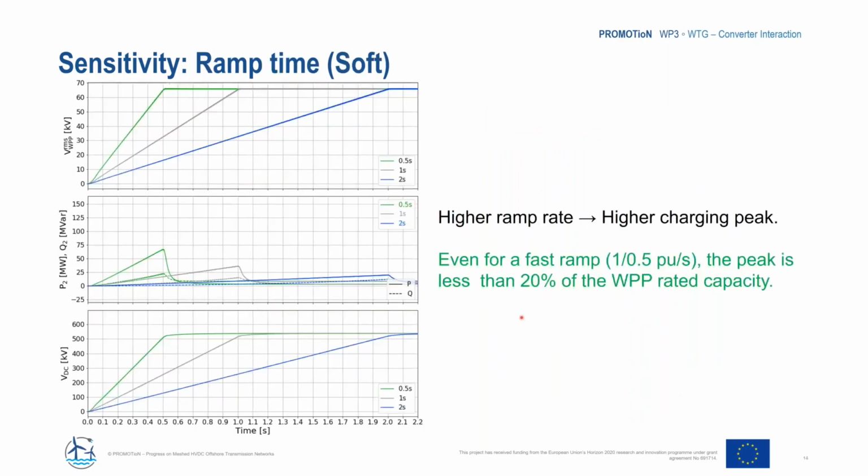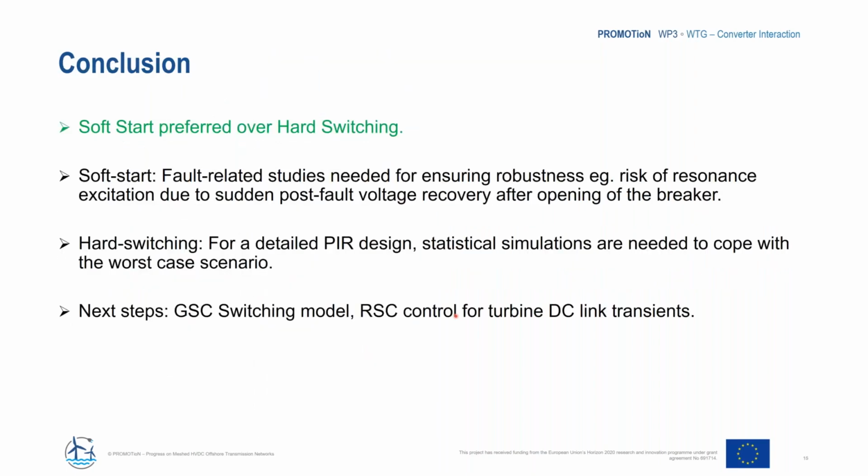For the soft start case, we tried 3 different ramp times as shown here, and as you can see, even for the fastest ramp of about 0.5 seconds, the charging peak from the power plant is only 20% of its rated capacity. It shows that the energization is possible while still having a lot of capacity remaining for the wind power plant. This brings me to the conclusion that soft start is more preferable over the hard switching case. However, to ensure robustness, we need to do more fault studies during the soft start energization sequence,